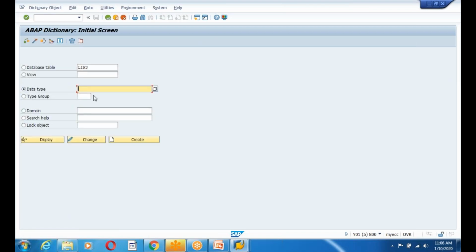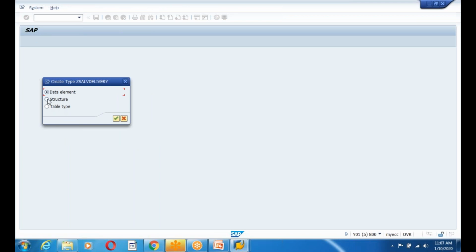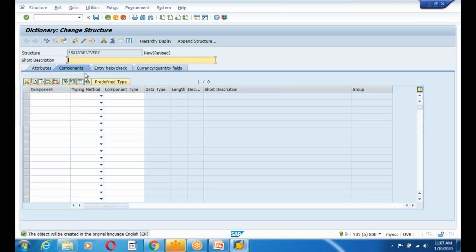Create the structure. So yes, this is the structure for ALV delivery. I'm going to create one structure. Create this structure with the required fields. So ALV output for delivery details. The first component is VBELN, and types,